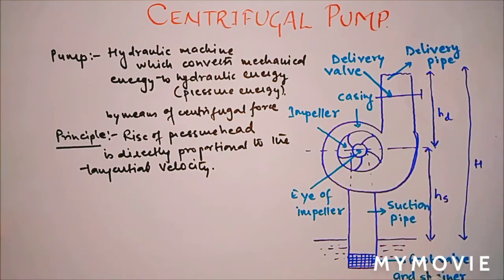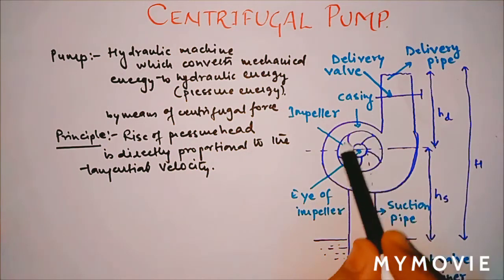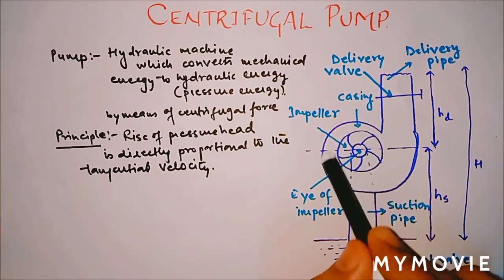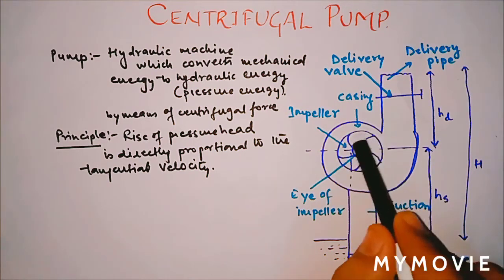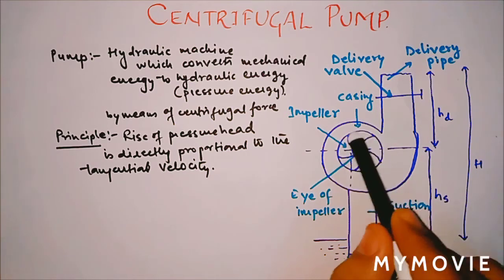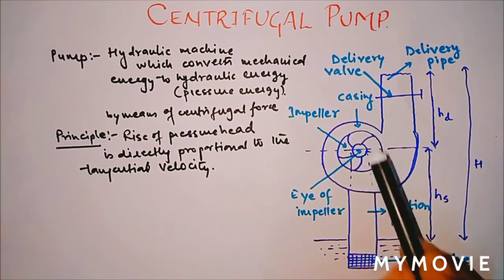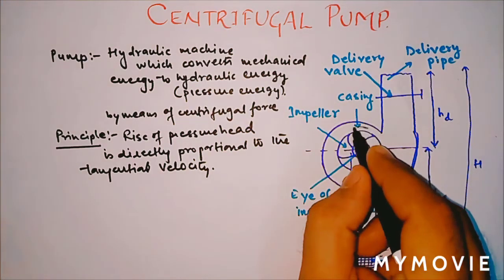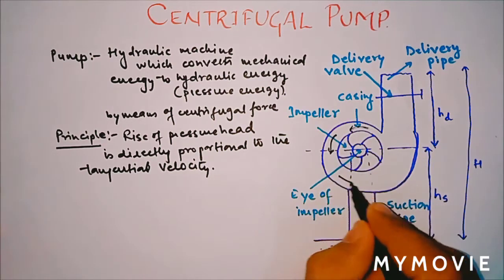And the strainer will remove unwanted particles so they do not enter the casing, in order to protect the walls of the casing and the impeller. So this is the working of foot valve and strainer. As the water is filled in the casing, it will be rotated with the help of the rotating impeller. The impeller is the rotating part which is fixed in the heart of the centrifugal casing. As this rotates, the water in the casing will also be rotated in this direction.